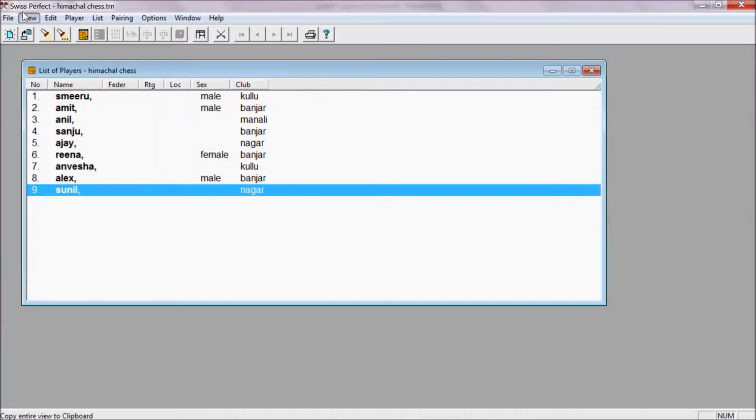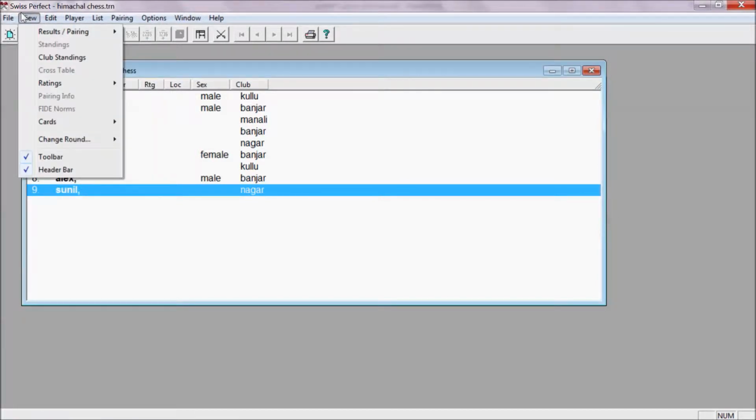And now the other window view. From here, in this window you can see your result, pairing, club standing, ratings, you can also see cards. As in manual pairing, the cards are used.